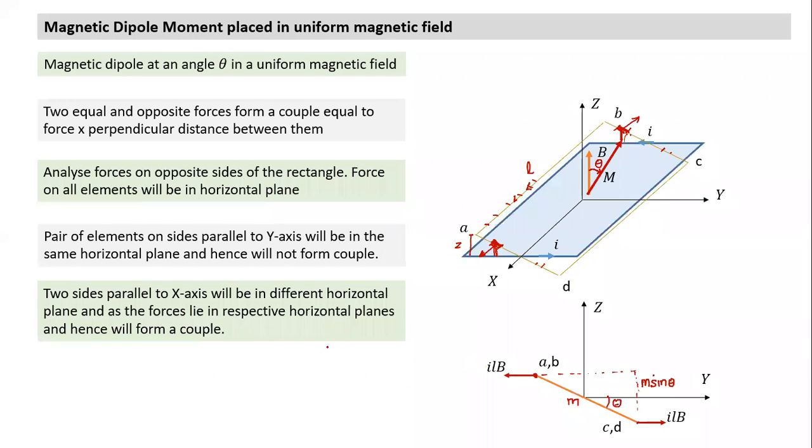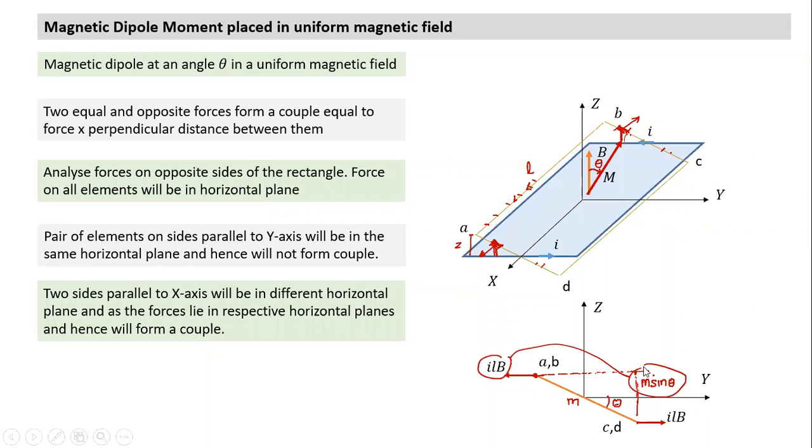So what is the couple it forms? The definition of couple or torque itself is force multiplied by the perpendicular distance between the two forces. We extend the line of action of this force here. They are not along the same plane. So what is the perpendicular distance between the two forces? It is equal to this side AD, the other side of the rectangle. If this side is L, this side is m. The length of side AD is equal to m. This angle is theta, so the perpendicular distance becomes m sine theta. Hence, what is the torque? Torque is this term multiplied by this term.